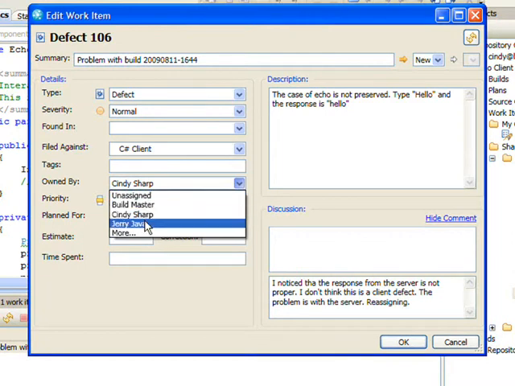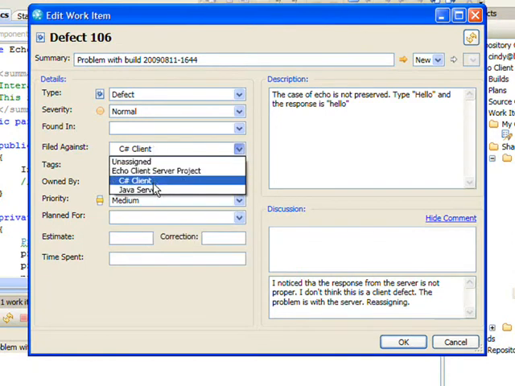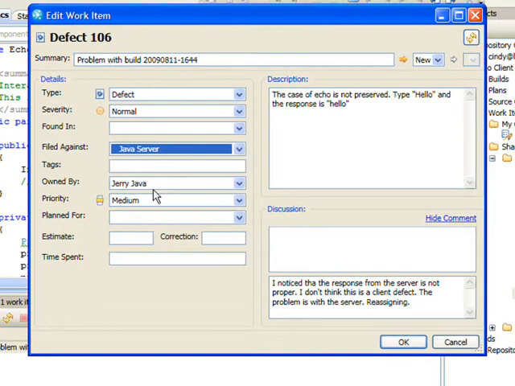She assigns it back to Jerry and changes the filed against component to Java. So the server client has moved. The work item has now moved to Jerry and it's filed against the Java server.